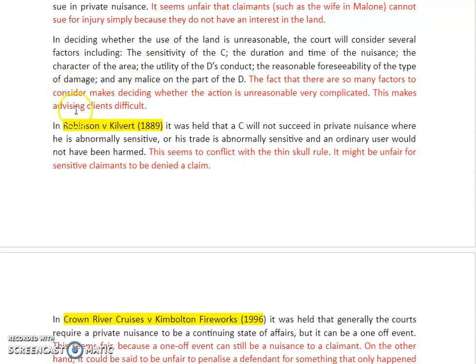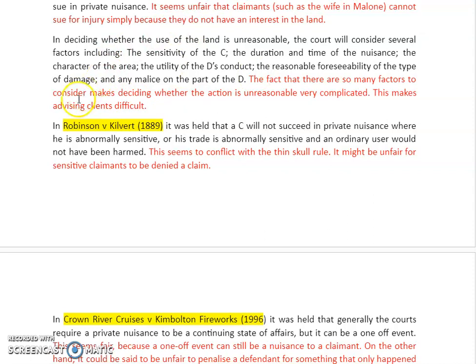And this makes advising clients difficult. All these different factors make it difficult to decide in which way the law is going to go. And arguably there you could say, are we balancing rights effectively? If it's just so complicated, so confusing, we're not really able to predict with certainty which way it's going to